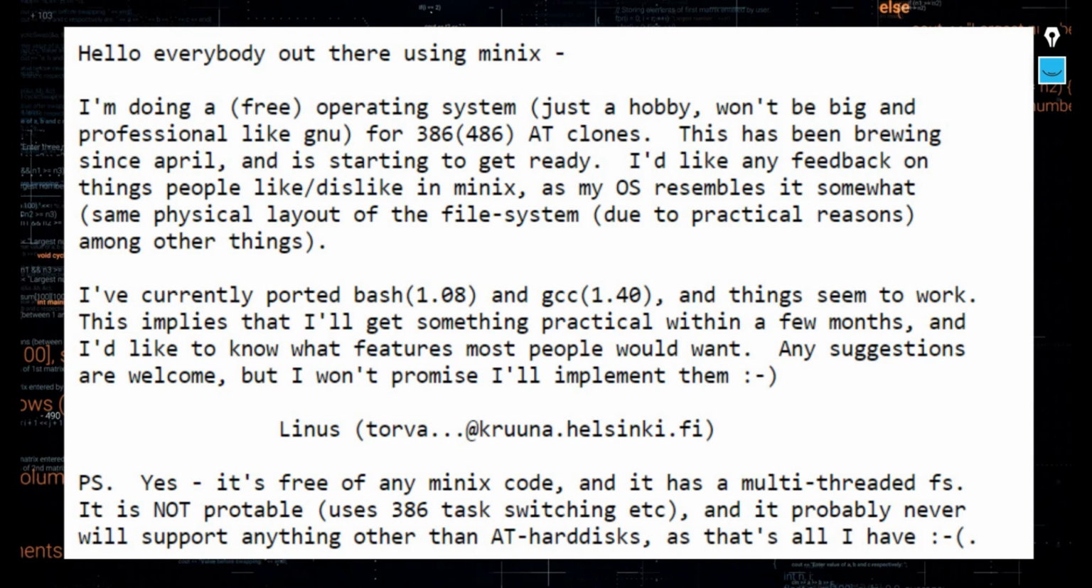Hello everybody out there using Minix. I am doing a free operating system, just a hobby, won't be big and professional like GNU. He is asking, I would like any feedback on things people like or dislike in Minix, as my OS resembles it somewhat, with the same physical layout of the file system due to practical reasons among other things. And I have currently ported Bash and GCC,